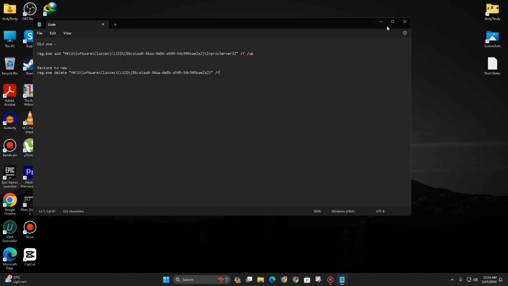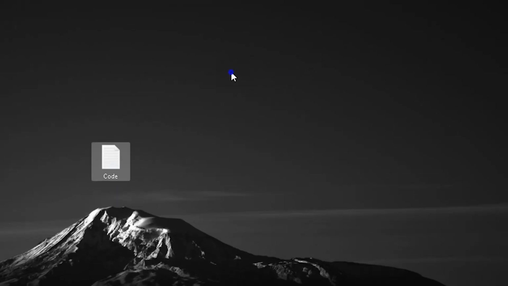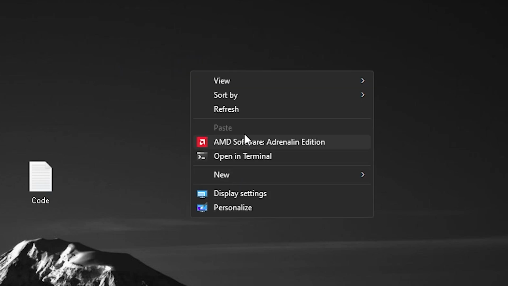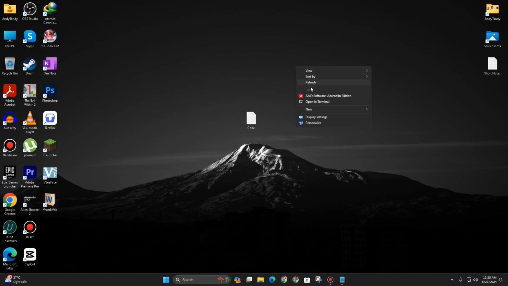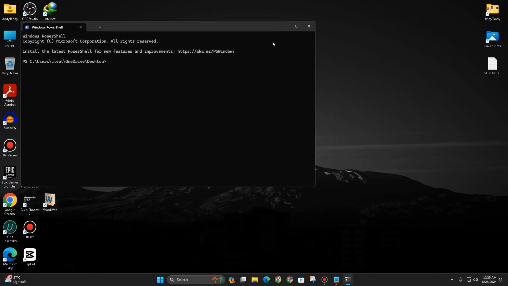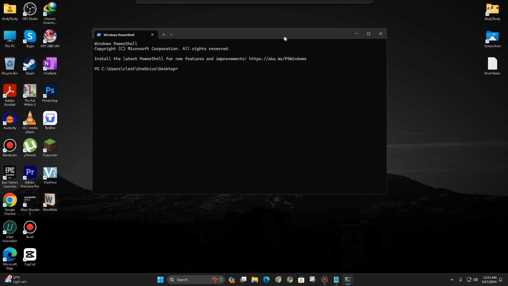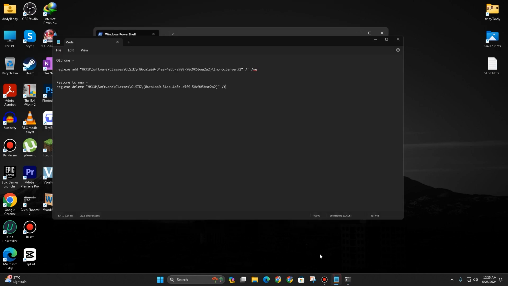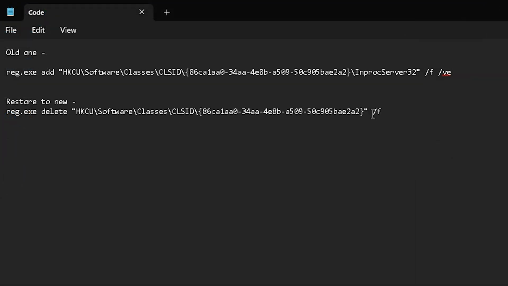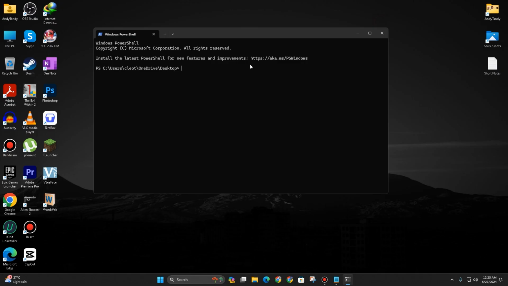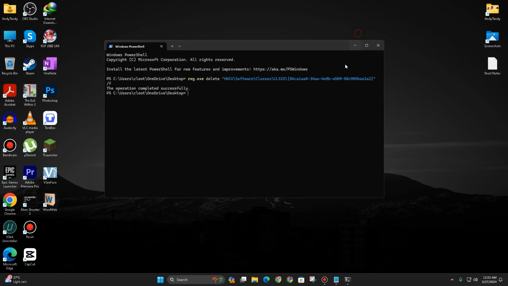So it's really simple. First of all, how you can use it is by opening the terminal over here. So you just right click and open in terminal. You can also find this in the Windows 11 right-click menu as well. So once you have opened this one, all you need to do is copy the new one over here. So copy the whole line over here and just paste it over here and press enter, and you can see